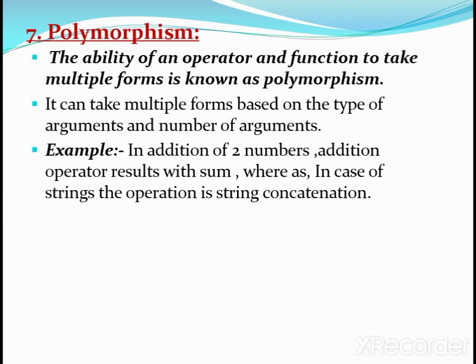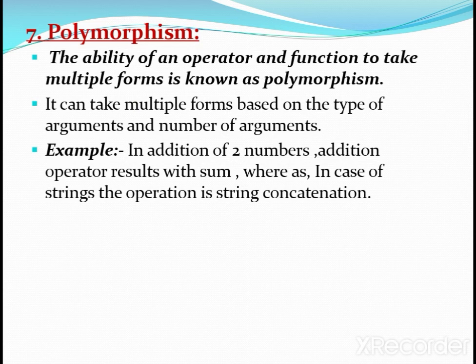Next characteristic, that is polymorphism. The ability of an operator and function to take multiple forms is known as polymorphism.